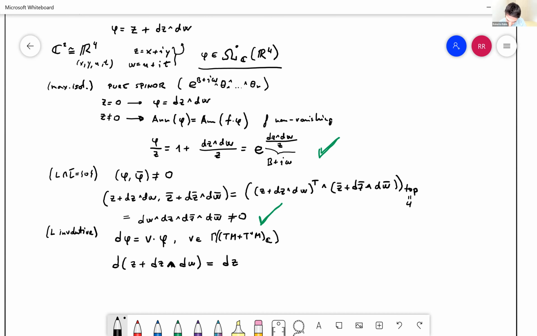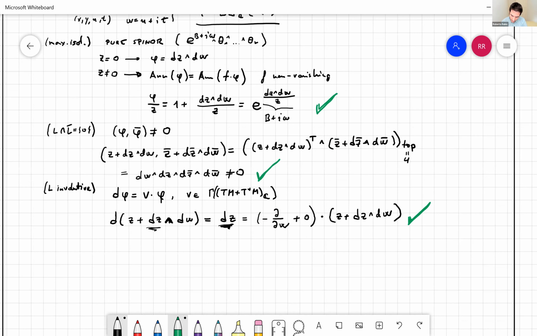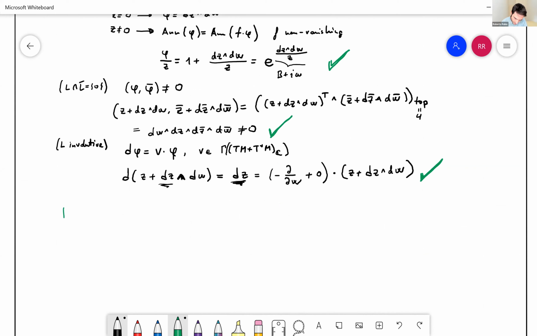And in this case, because I observe that the term dz appears here, what I have to do is kill the dw. So to kill the dw, I act with minus this one here, and plus the zero form acting on z plus the omega. So this kills the z, and then it gives me precisely the z. So it is a generalized complex structure, and it is a very interesting one because, as I said yesterday, what's happening is the following. In C2, imagine this is C2,